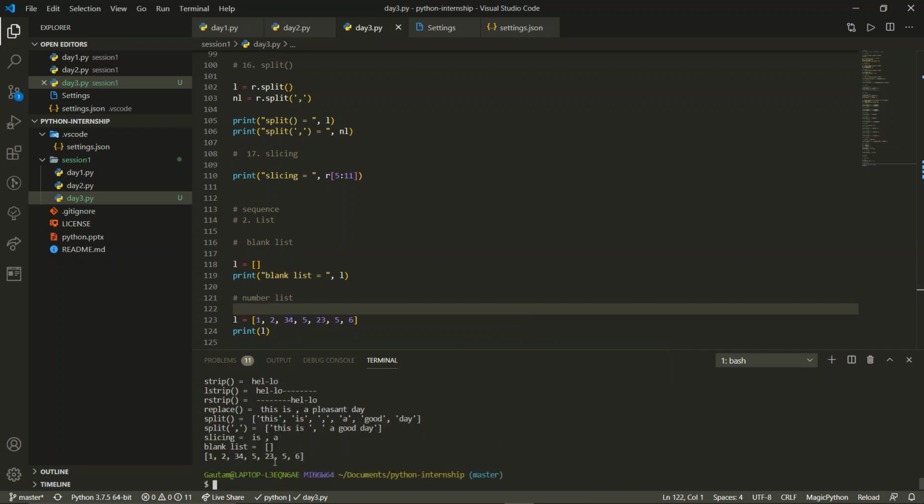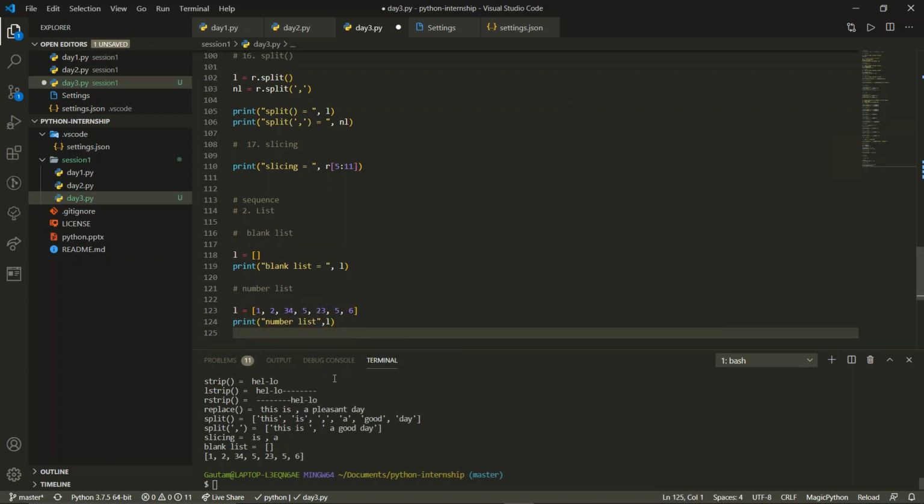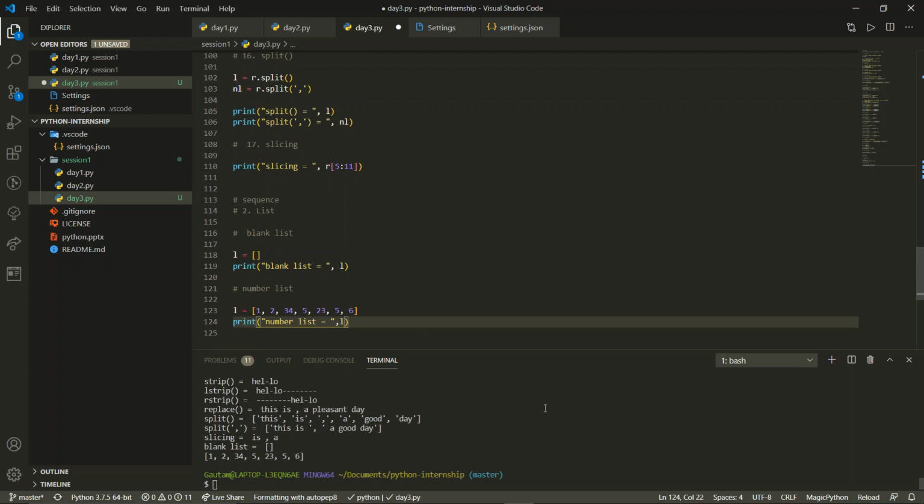Now you can see we got the number list. Let me write it also so that it is easier for us to understand. So that is executed, and you find the number list like this.